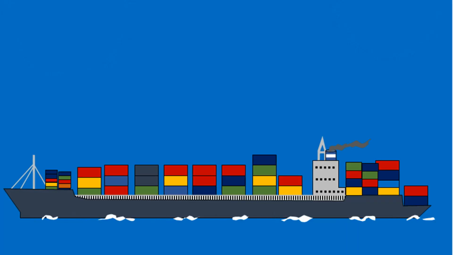Now let us understand what is contract of carriage. Contract of carriage in Hamburg Rules is a contract whereby the carrier undertakes to carry the cargo, the carriage of goods from one port to another port. This carriage is upon payment of the freight. Additionally, it also involves the carriage of goods by sea. You may have a contract of carriage which involves other means of carriage, but Hamburg Rules pertain to only the portion in which the carriage is by sea.